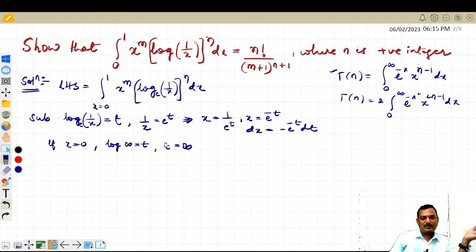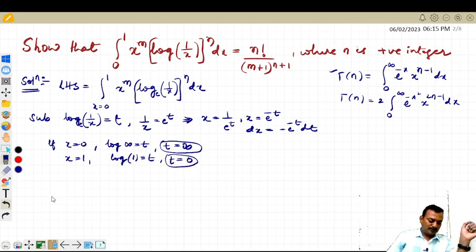When x equal to 0, the t value is infinity, and when x equal to 1, this is log of 1 by 1. Log of 1 by 1 is log 1, which is equal to t. Log 1 is 0. So the t value is 0, student. So therefore, the given integral becomes